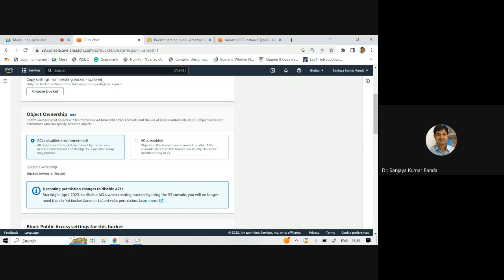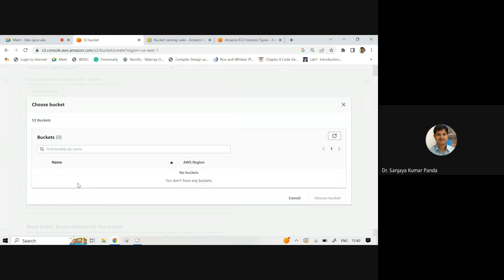Suppose your organization uses Amazon S3, and they have created certain buckets, right? Whatever security they have enforced in a particular bucket, if they want to put the same security policy in a newly created bucket, what they have to do is click choose bucket, find the bucket, and select it.